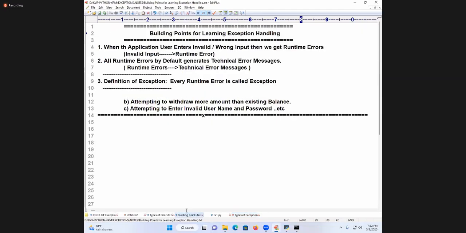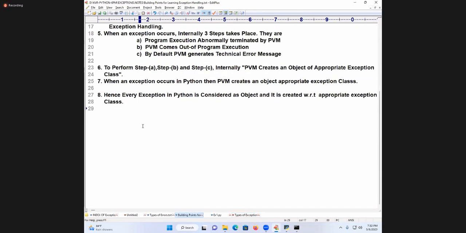So I will add this to these points. Finally, I will add the 9th point. When the application user enters what input? Valid input, then we get a result. That is nothing but what? Output.